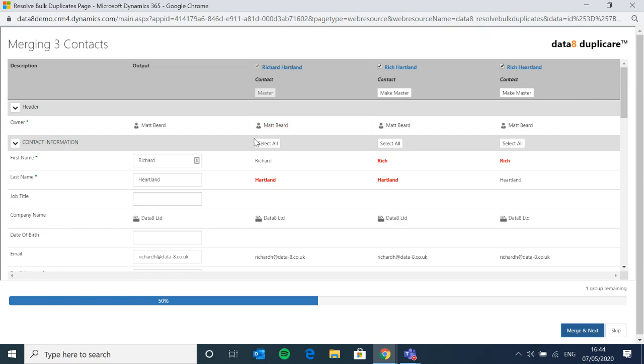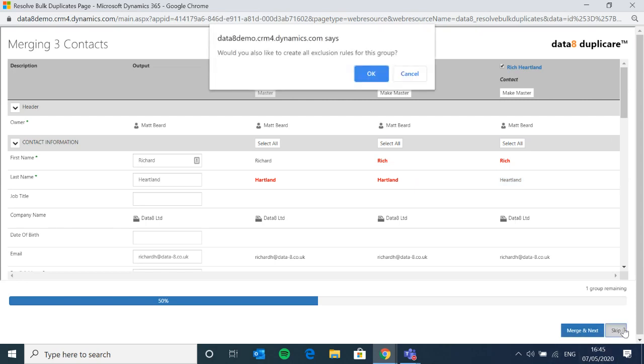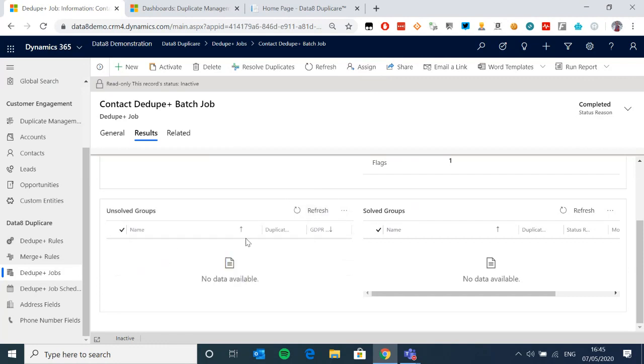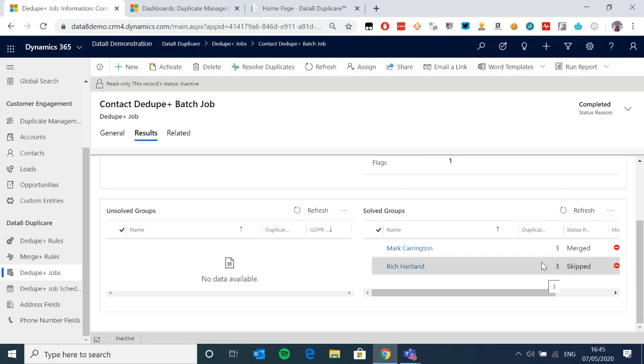In this case, these aren't a duplicate. I don't want these to be the same. There's a real reason why I don't want to merge these records, so I can skip that instead. I don't have to do that. This gives me the option to make exclusion rules. So this basically remembers that behind the scenes. So if you were to do this scheduling of stuff, and you don't want to have to skip the first 5 records every single time you do it because you know it's the same 5 records, by making an exclusion rule, we'll remember that behind the scenes, and we won't tell you that next time. So they jump from left to right, and they've now completed. So that's how you've got an idea of where we're at.